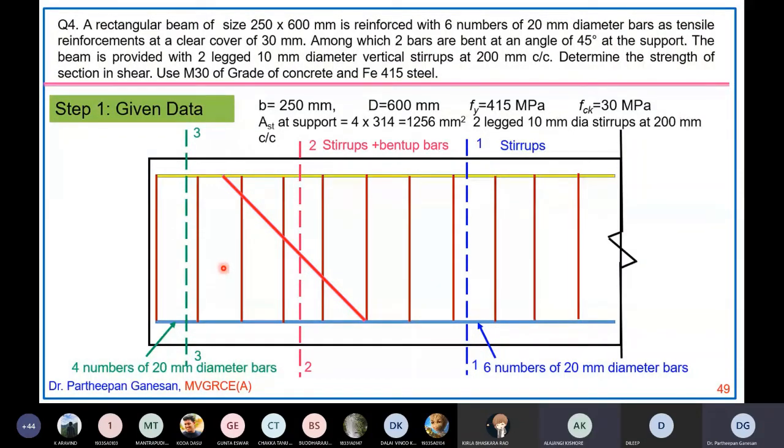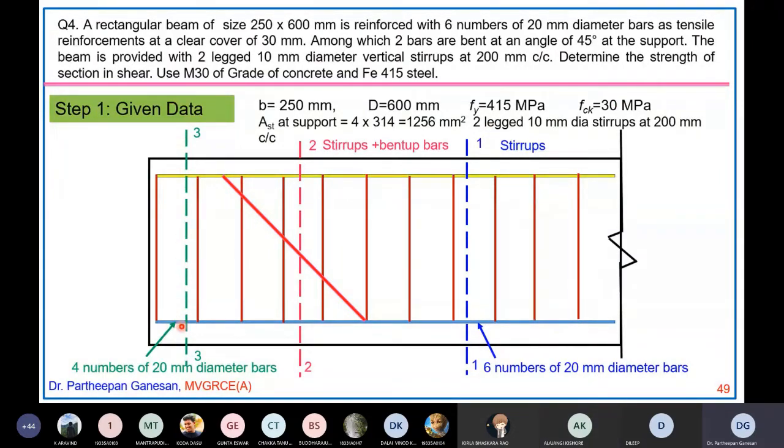You are able to see the slide? Yes, sir. So tell me, at section 3.3, which is here, what are the various types of shear reinforcement available? Shear stirrups. Stirrups, vertical stirrups are there. Anything else? Concrete, sir. No, I am asking about shear reinforcement. Concrete is anyway there for the whole beam. Apart from concrete, when I talk about shear reinforcement, for example, here I wrote only stirrups. Here, stirrups and bent-up bars are there.